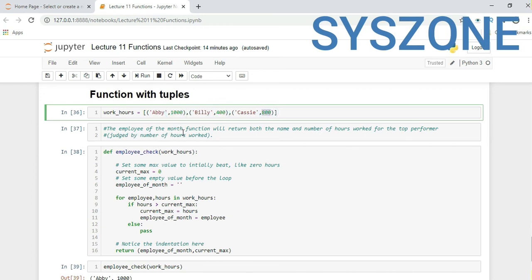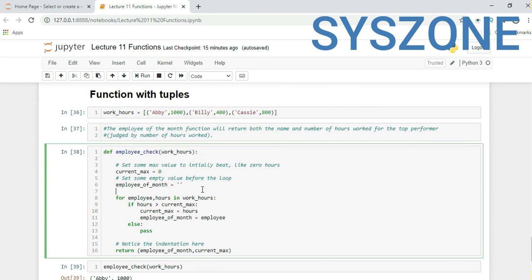So the employee of the month function will return both the name and number of hours worked for the top performer, judged by number of hours worked. So we created a function which will check how many hours each employee has worked, and based on that it will pick that hour count and the name of that employee.